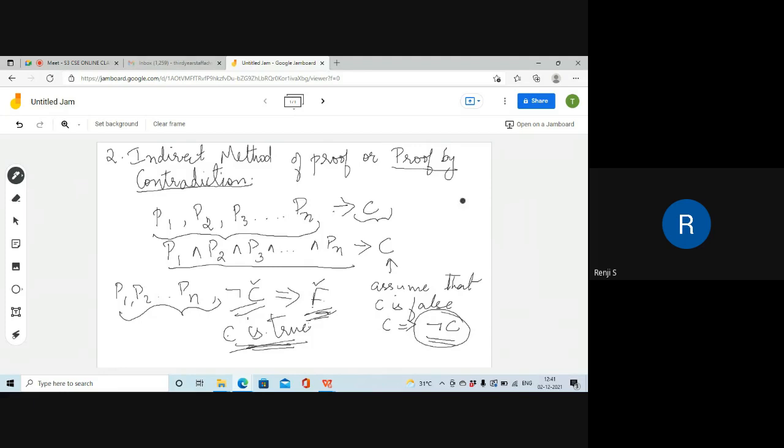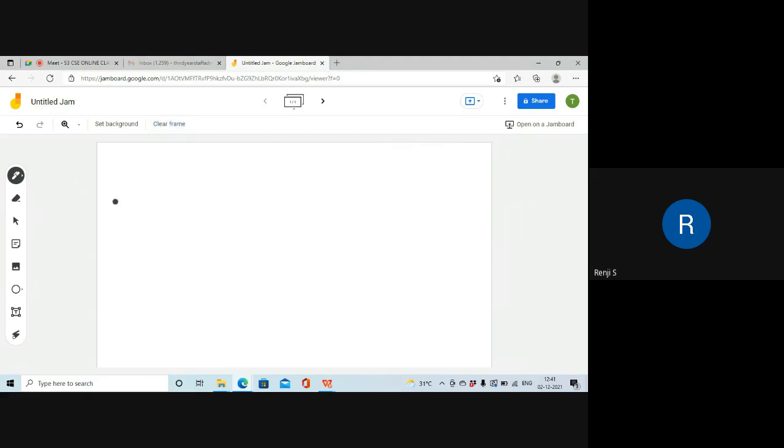So write this heading. I'll dictate the notes now. Write the heading as indirect method of proof or proof by contradiction. Second method, indirect method of proof, or proof by contradiction. So under that you can write